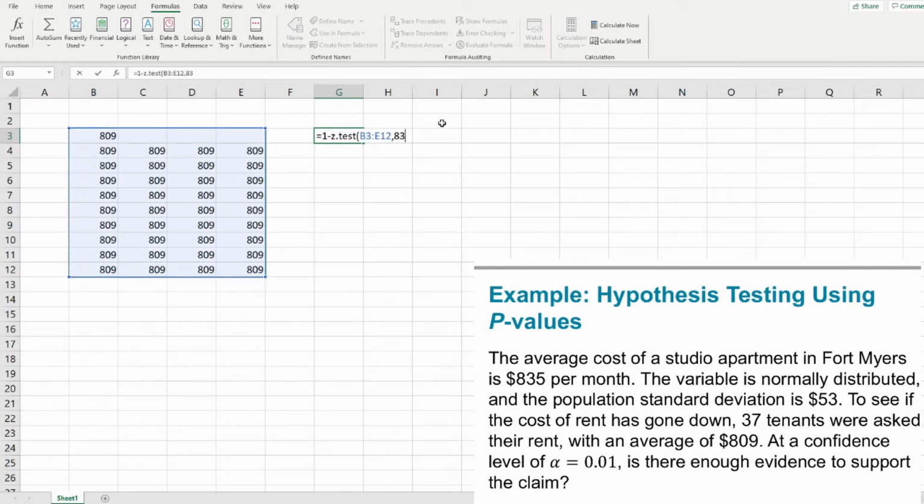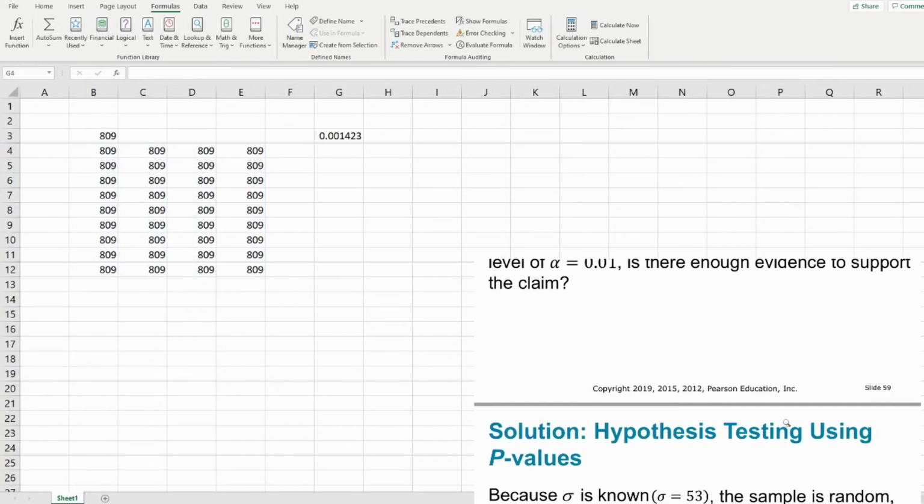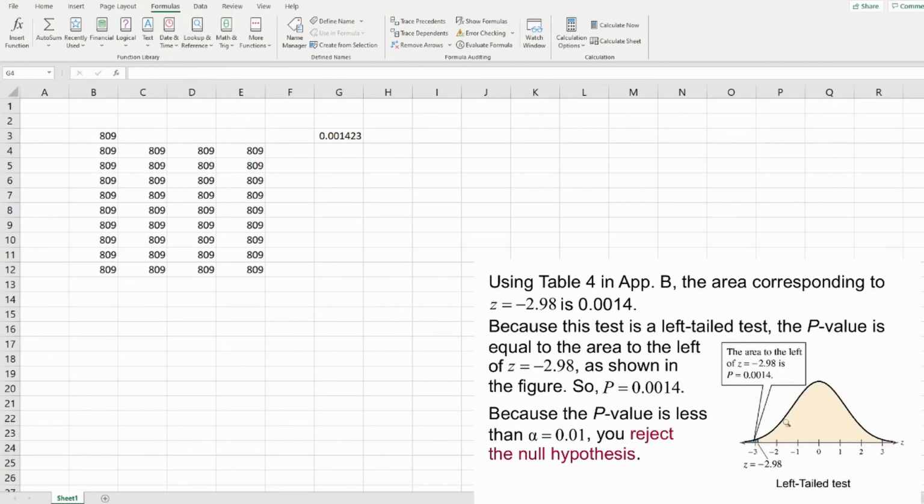then you're going to put in the mean you're comparing it to. That's 835 in this case. And the standard deviation here of 53. Check that, and you get the z-value that we were supposed to have here. If you got that from the table or the calculator, of about 0.0014, where, for one, the reason why we did that complement thing is because the z-test function as it is,